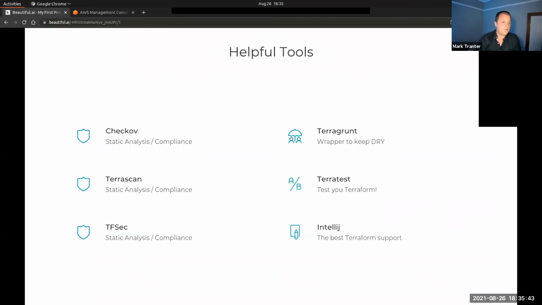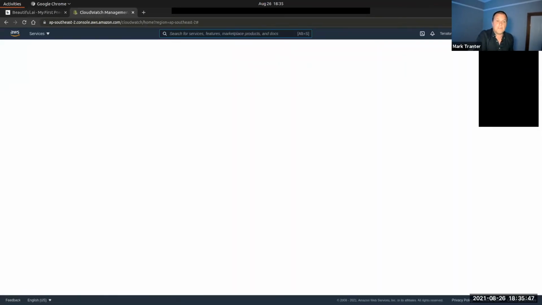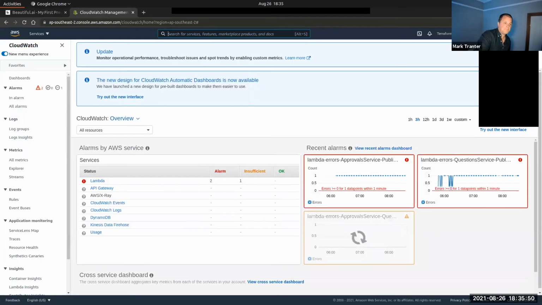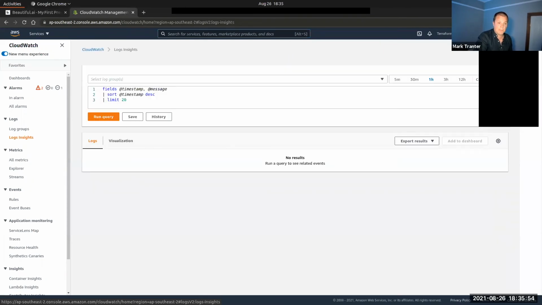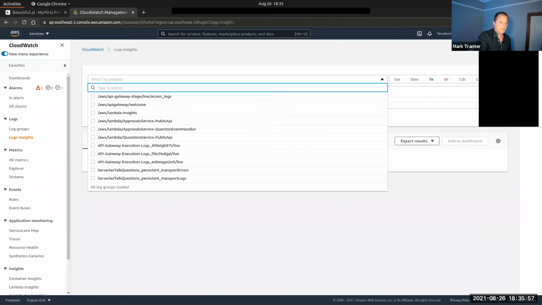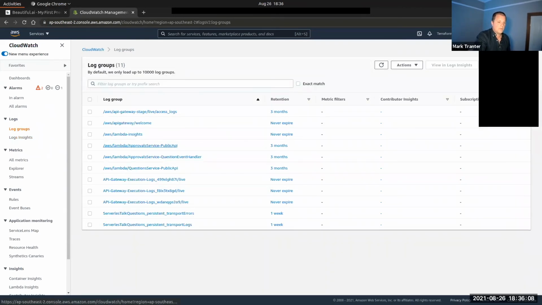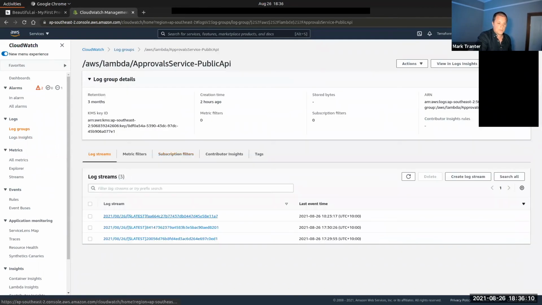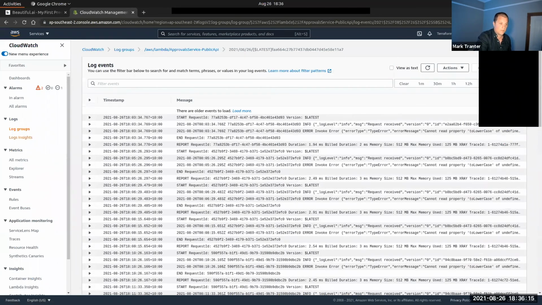What I'll quickly look at now is some of the AWS operational tools that I mentioned earlier on in the talk, seeing as though I do have a little bit of time. CloudWatch logs have come a long way. When I first started working with AWS, logging was a nightmare. You had to manually go through each log group. So these are what log groups look like in AWS, for those who don't know. Here's, for example, a public API handler. You have to manually sort of go through all of that yourself.